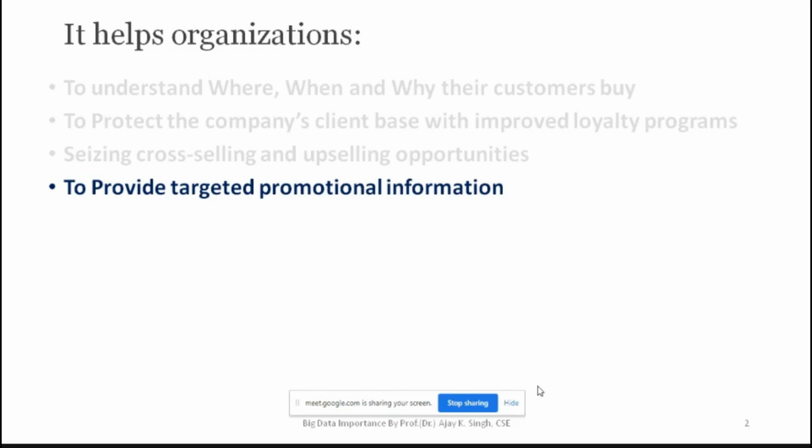We are going to target. We are going to be more focused, based on the customer choice, because each and every customer has their own mentality, their own mindset. I'm going to go for this product, I'm going to go for that product. Suppose you want to buy a mobile, you are going to see lots of different features of the mobile, whether it is fruitful for me or not, and according to the cost of that particular mobile, how many different features I need. So in that case, they are going to target this customer by doing this analysis on big data. They are going to target the customers. Okay.